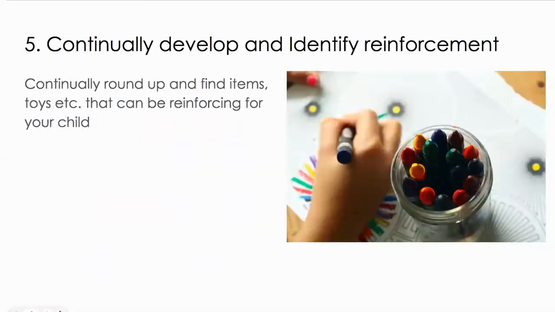Number 5, continually develop and identify reinforcers. This is similar to the others, but continually round up and find items, toys, etc., that can be reinforcing for your child. So think, how often do students need to have this continually identified? Some students, every single day, they're going to be different as far as what they like. Some students are pretty consistent week to week. But again, if you're doing a stimulus preference assessment, you want to check in and know your student well enough to